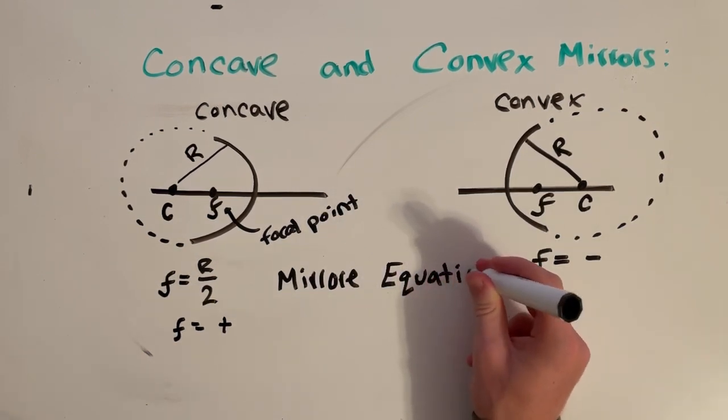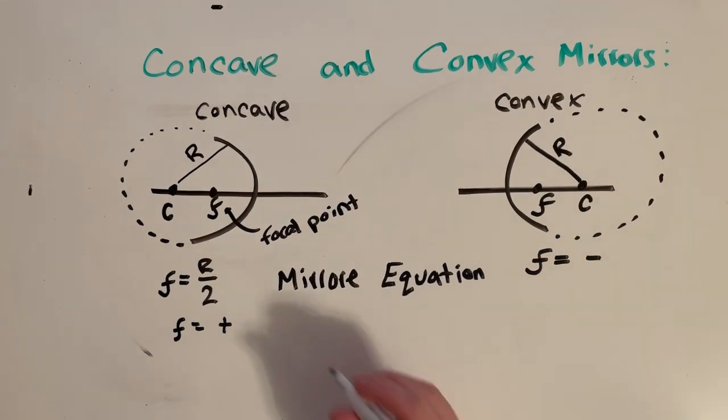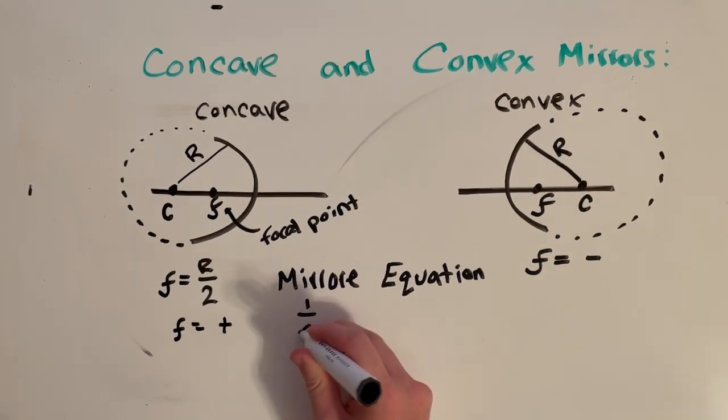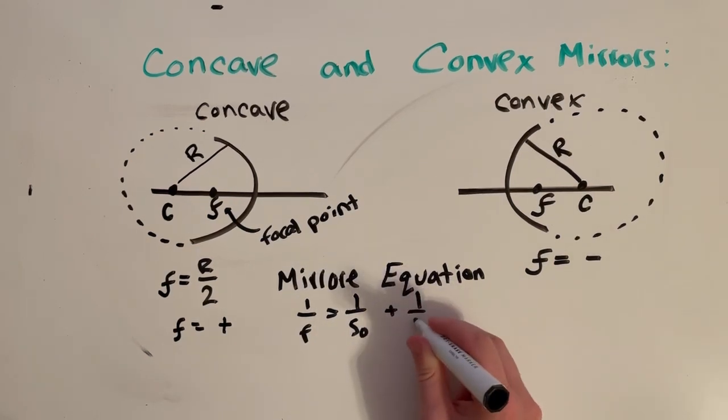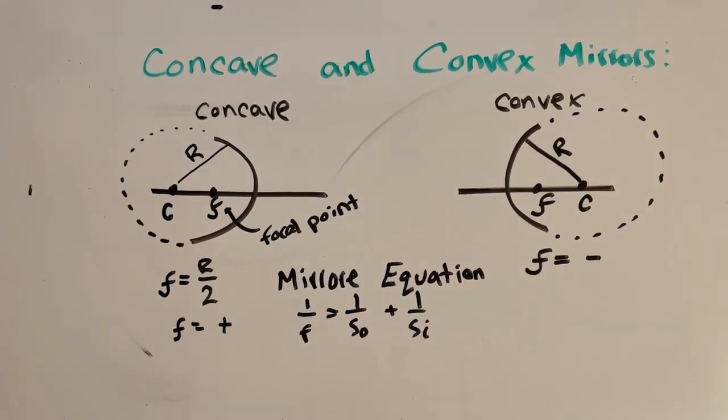The mirror equation allows us to see the relationship between the focal point, the image distance, and the object distance. This equation states that the inverse of the focal point is equal to the sum of the inverse of the object distance and the image distance. So,